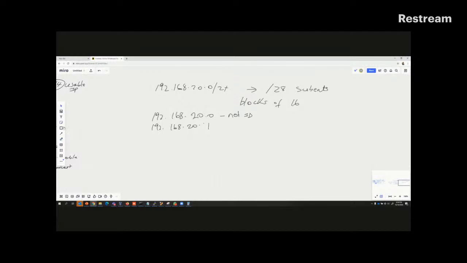The last usable now becomes 192.168.20.14. 192.168.20.15 is the broadcast,